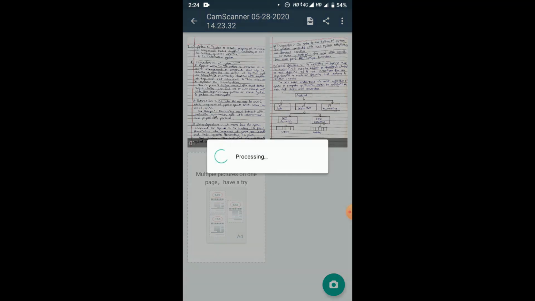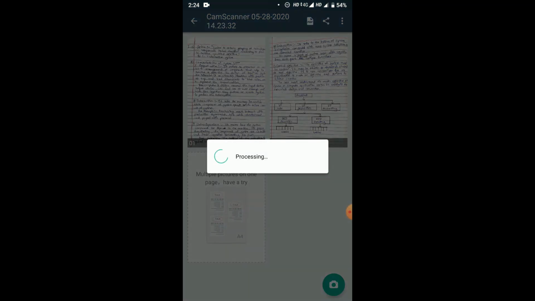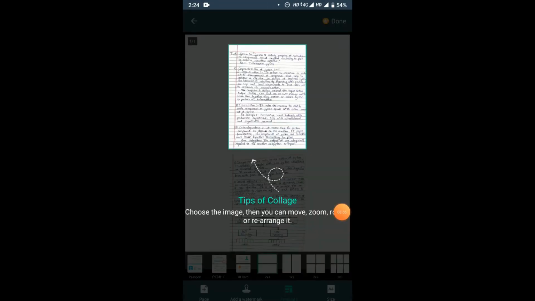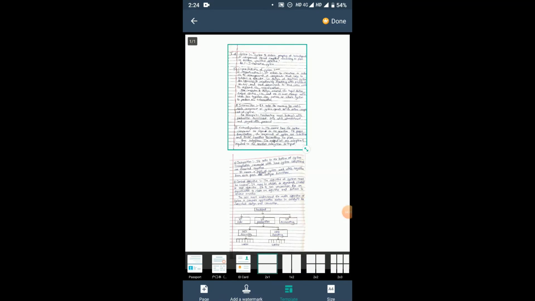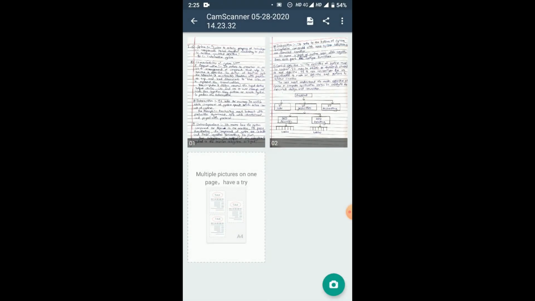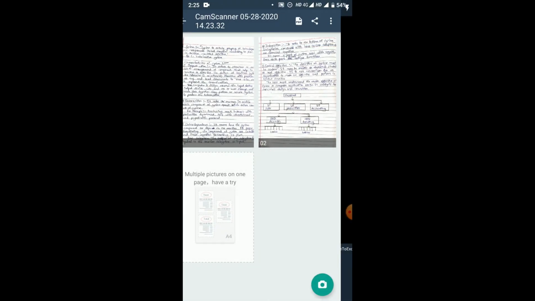If you want another page, you can click on multiple page. It will provide some help also if you want, but I don't want that help. You can add another page here. Click on the camera button.